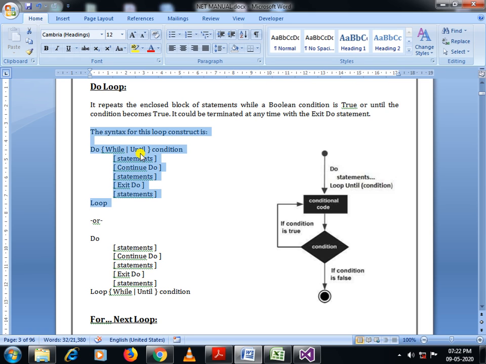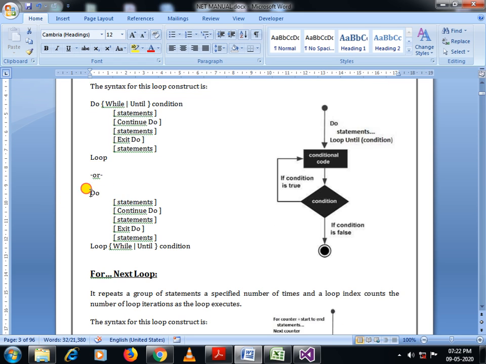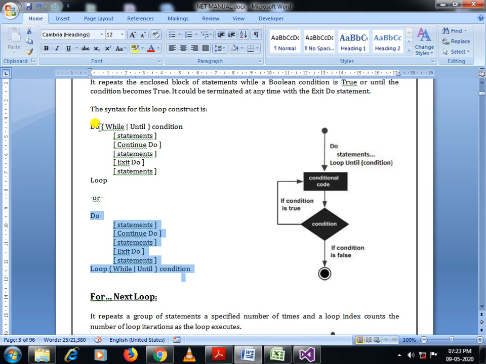The loop which is controlled at entry time is known as an entry control loop, and the loop which is controlled at exit time is known as an exit control loop. So this is the entry controlled version of the Do loop, and this is the exit controlled version of the Do loop. You can write Do While or Do Until, then you can specify the condition, then the group of statements and Loop. Over here, this Loop indicates the scope of this Do loop.